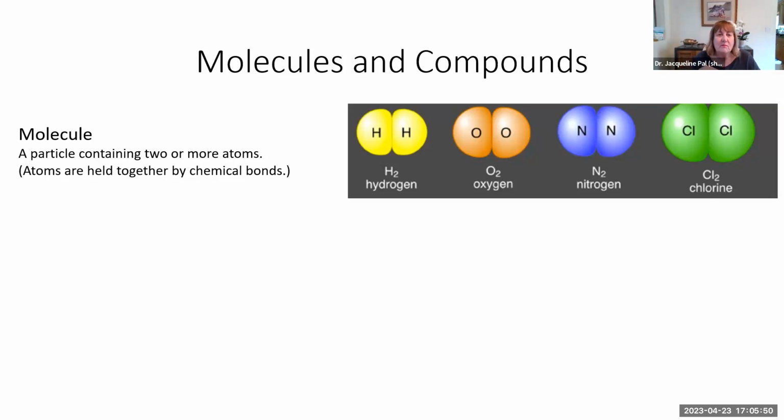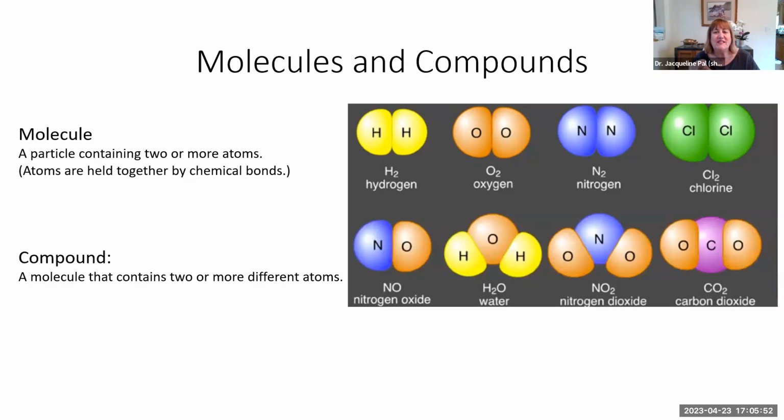Now, we also can have two or more different atoms put together. So nitrogen oxide is one nitrogen with one oxygen, or water is two hydrogens with one oxygen. And carbon dioxide, dioxide is two oxygens with one carbon. And so when we look at these definitions and try to figure out what the difference is, what you understand